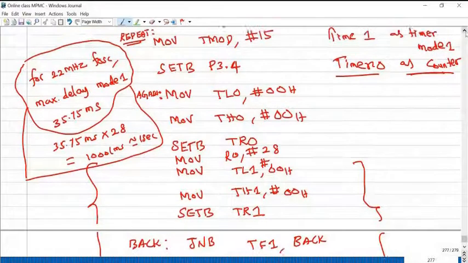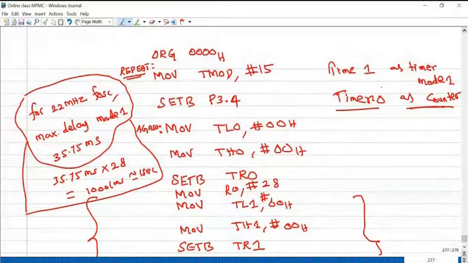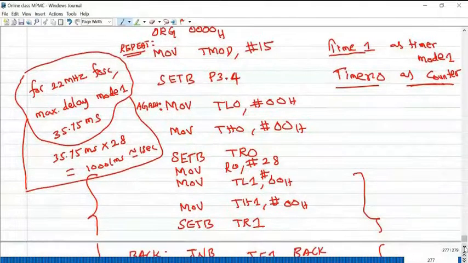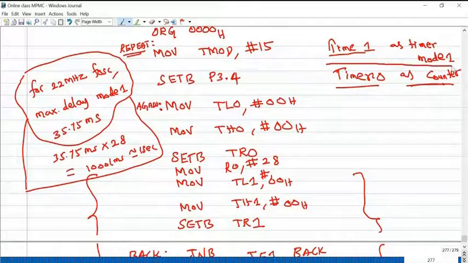So here I explained how to use timer 0 and timer 1 in parallel in the same program, particularly timer 0 as counter and timer 1 as timer. For every 1 second, how many clock pulses are received by this timer 0? Okay.